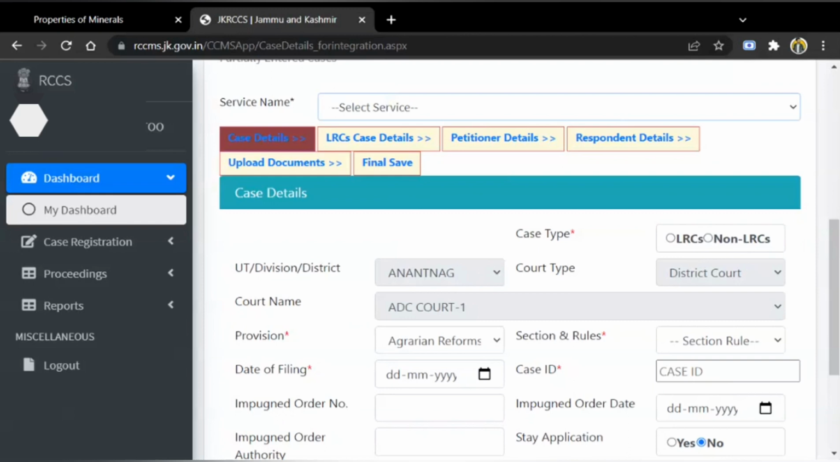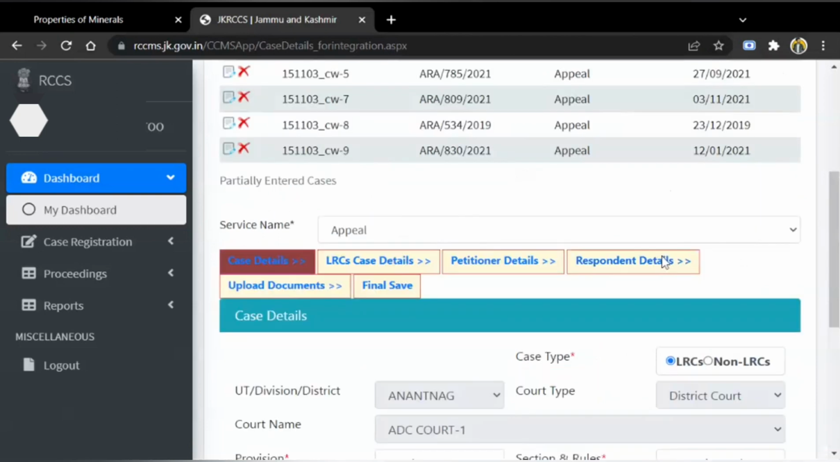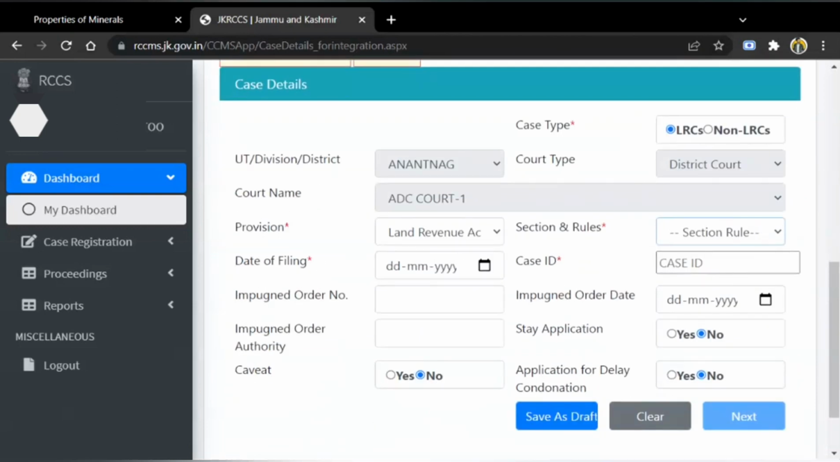There must be different cases. For example, I will select the case namely appeal. Then you will select the case type, whether it is land revenue case or non-land revenue case, LRC. Then you will select the provision. There are different provisions, for example, Agrarian Reforms Act, Land Reforms Act, whatever will be the provision, you will select that. And then under that provision, under which rule the case lies, you will select that section and rule,